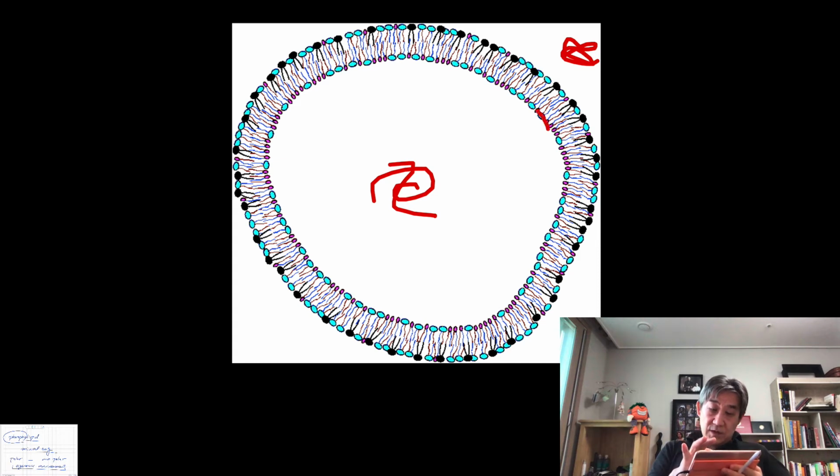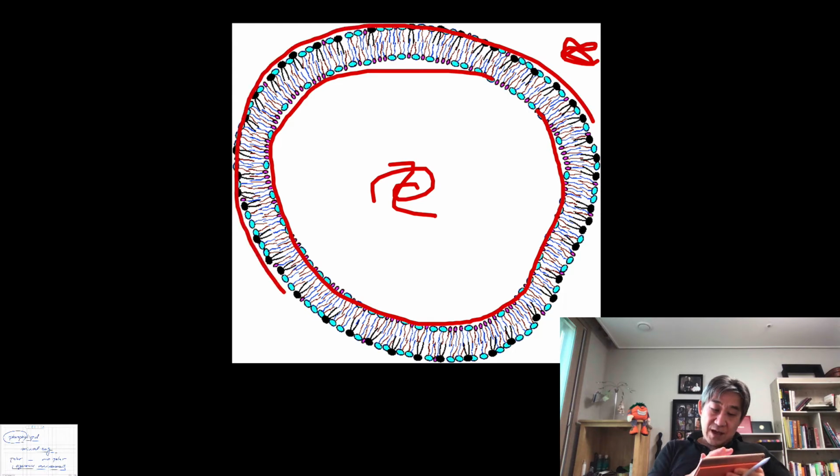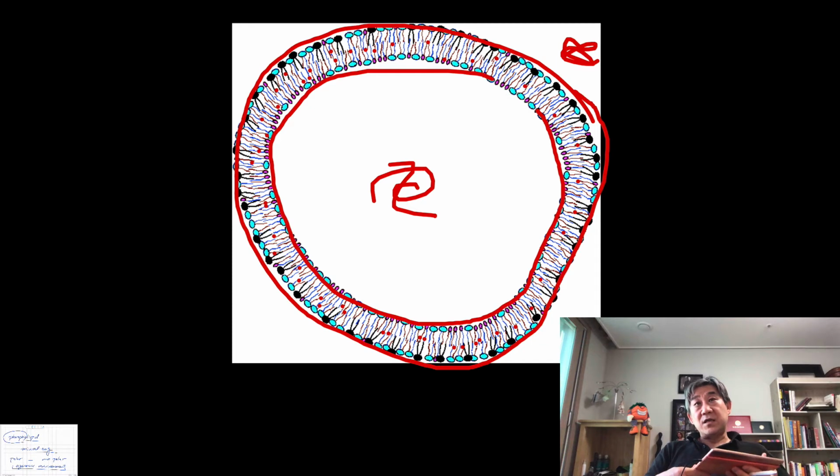In this way, all these head groups are the ones facing and making contact with the water, while these hydrophobic areas over here can enjoy their safe haven, not making any contact with the water. So this is the most stable structure energetically speaking, and that's why you will also have this increased entropy rather than every individual component of the phospholipids being scattered around in the water. That's actually more unstable.